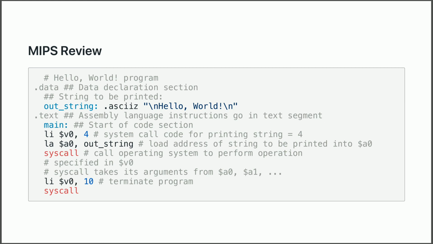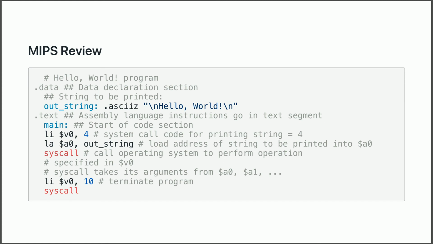Again, when we allocated the string hello world, we assigned its address. Somewhere it's allocated in memory, and then we can reference it by using the label out string. Then we created a .text section, and we have a main, which is a special label, the start of the code. Then li means load immediate, and we put 4 into v0, and we put the out string label into a0. So we put the address of the out string into a0, and then